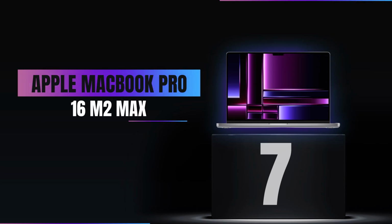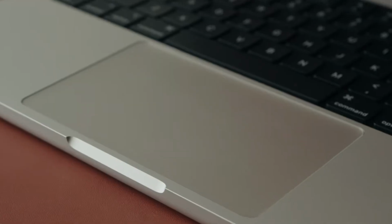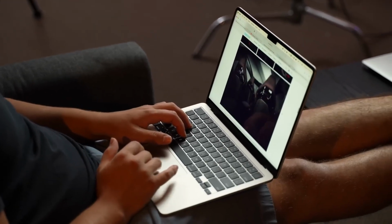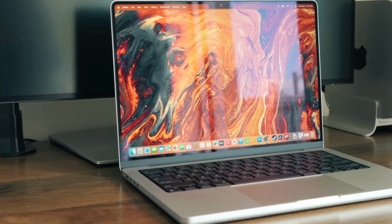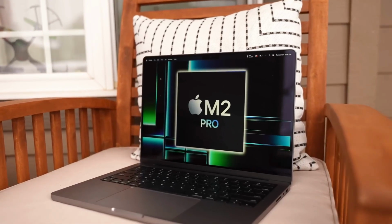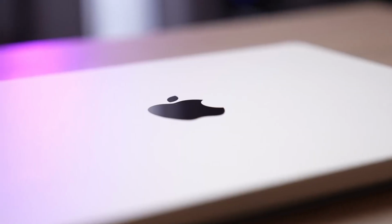Number 7. Apple MacBook Pro 16 M2 Max. Starting our list at number 7, the Apple MacBook Pro 16 M2 Max stands as the epitome of creative power, tailored for those who refuse to settle for anything less than extraordinary. With a starting price of $3,749, it's not just a purchase, it's an investment in unparalleled performance that professionals in any creative field can truly